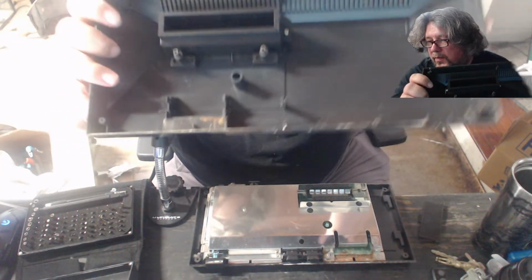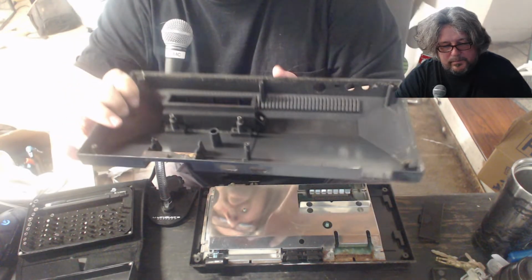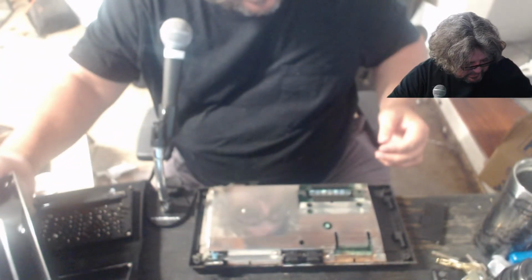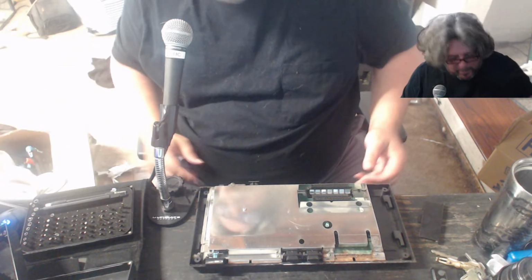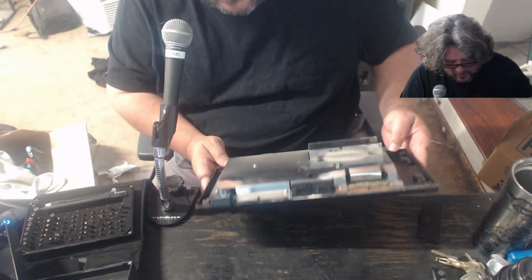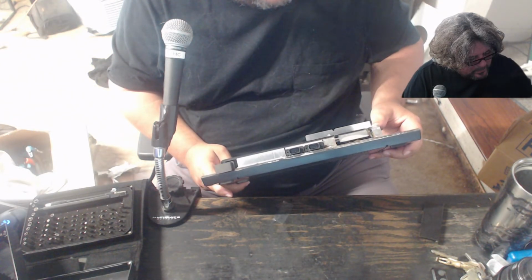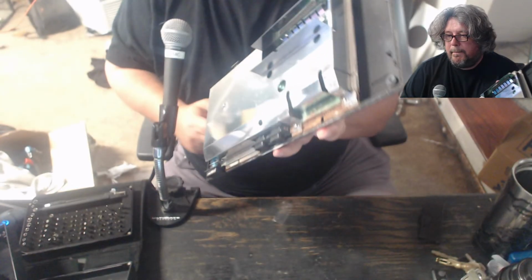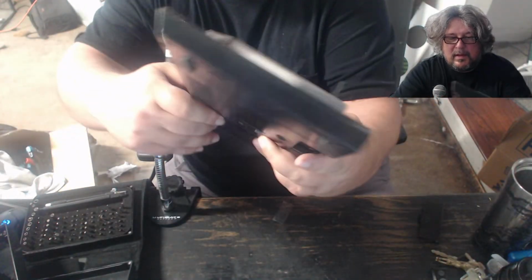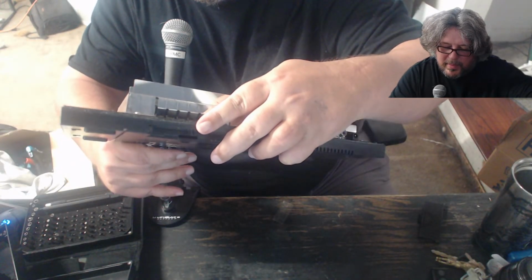So, yeah, there was some rust right on the cartridge slot here, right? A little bit of rust there. Some of these screw holes do have a little rust on them as well. Probably not the worst I've ever seen, right? It's not too bad. Not too great, but it's not too bad. Oh. Oh my. Look at that. That is all rust. I believe that card edge connector is completely rotted off. Oh no, it's still in there. Okay. But that is going to need...